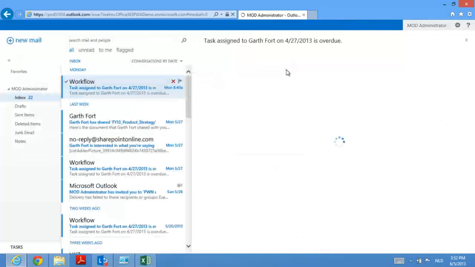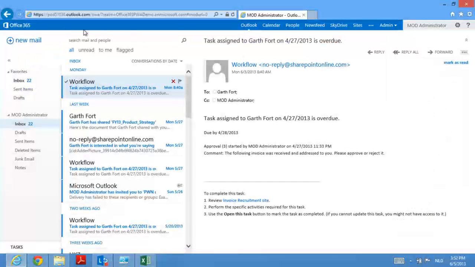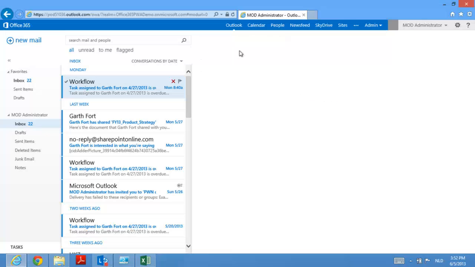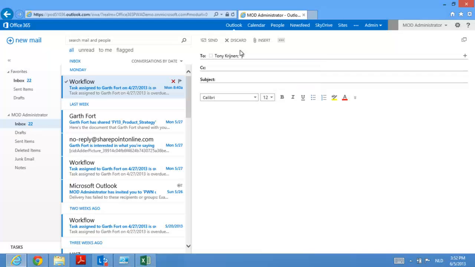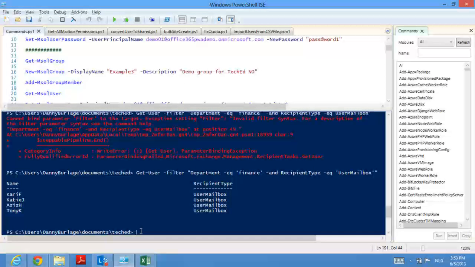Ooh, it's slow. One of the users in my environment is Tony Kreinen again. So I will create a new mail to Tony Kreinen. And as soon as I start mailing him, I notice that the Finance people have their mail tip set to "Finance rocks." To be honest, I really do think that Finance rocks, but let's set a different mail tip for these users. And in order to do that, I'll have to